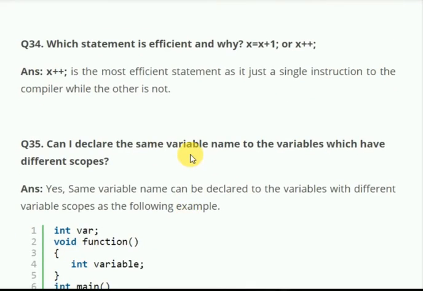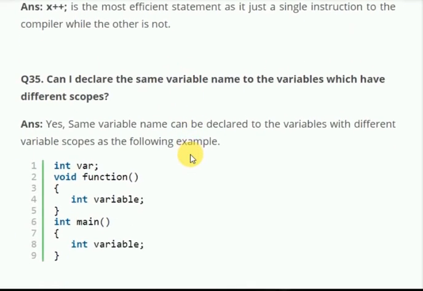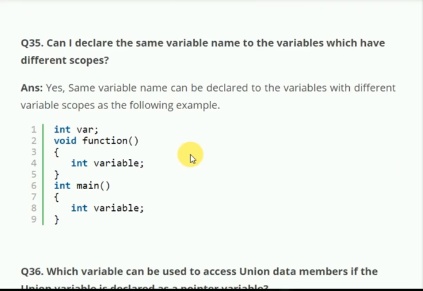Can I declare the same variable name to the variables which have different scopes? Yes, same variable names can be declared to the variables with different scopes, as in the following statement: int var; void function() { int variable; }